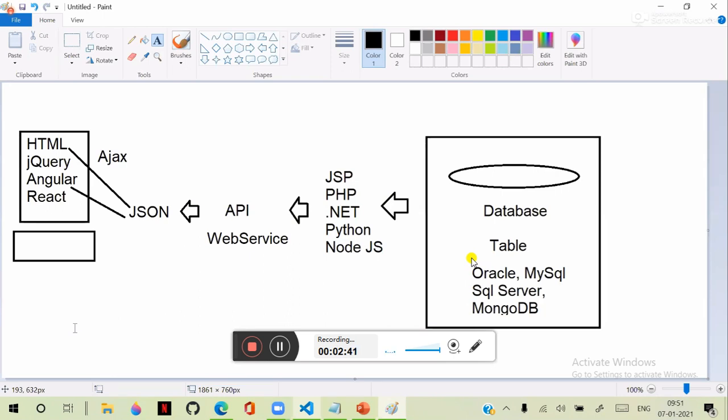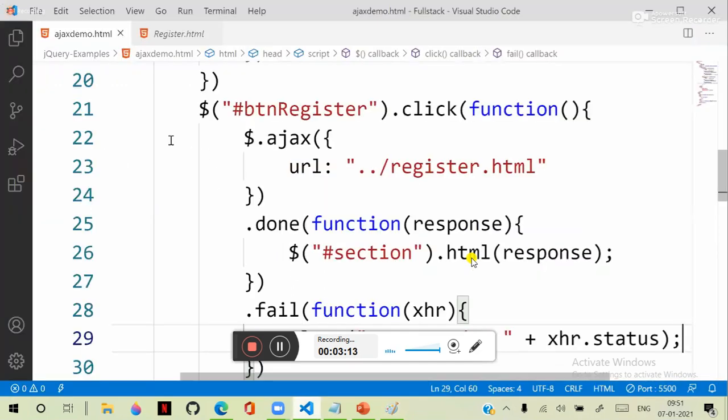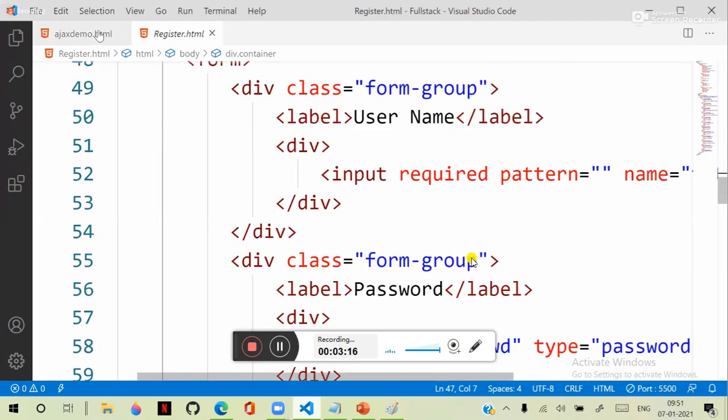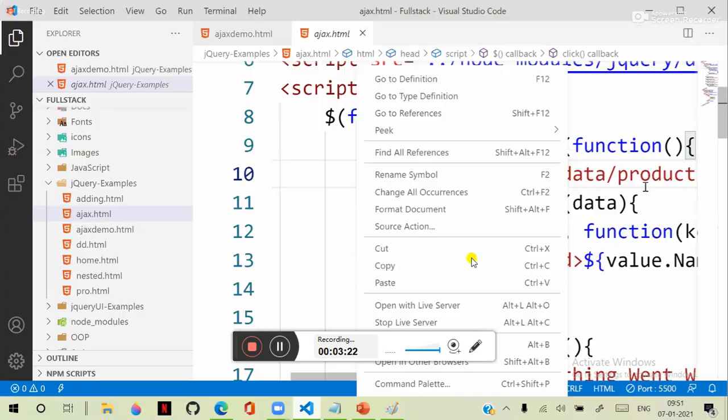Generally, what we do is we use an XML HTTP request object. This XML HTTP request object is used, and that is the reason it is important. When you are practicing Ajax, this object is actually blocked by browsers. That is the reason it is important to observe that many times when you are practicing these kinds of examples, especially when you are practicing the data examples, what happens is, so here,